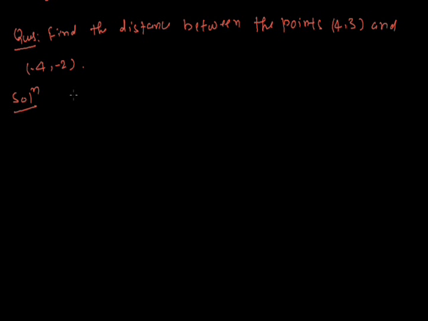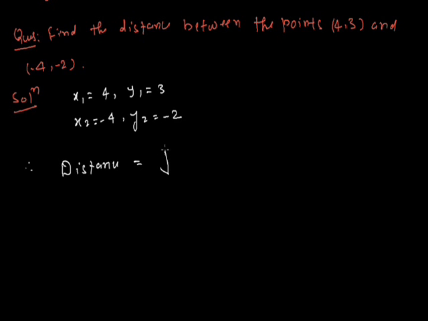If we compare these two points with our formula, we get x1 equal to 4, y1 equal to 3, x2 equal to -4 and y2 equal to -2. Therefore, by the distance formula we find the distance equal to